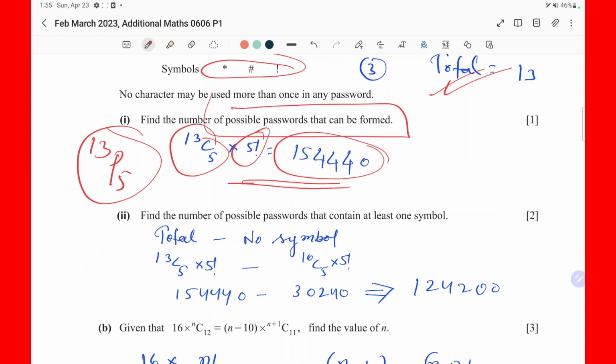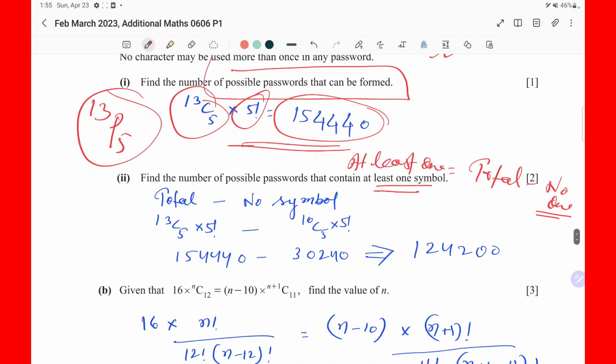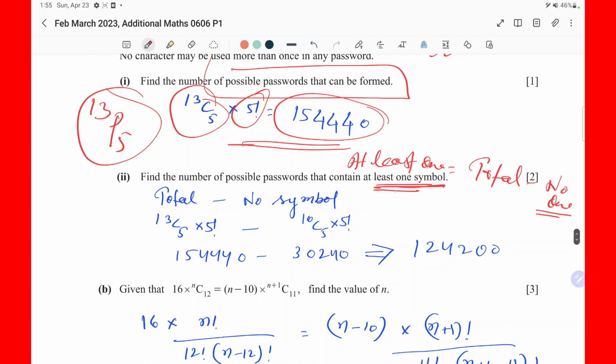That says find the number of possible passwords that contain at least one symbol. So whenever you're getting this question, at least one, then always write total minus no one. Okay, this no one is related to the question. In which respect you have to write no one. For example, in this question, at least one symbol. So I have to write total minus no symbol, right? Not a single symbol. Like total number of arrangement, if I rewrite this, then I will write total number of arrangement,